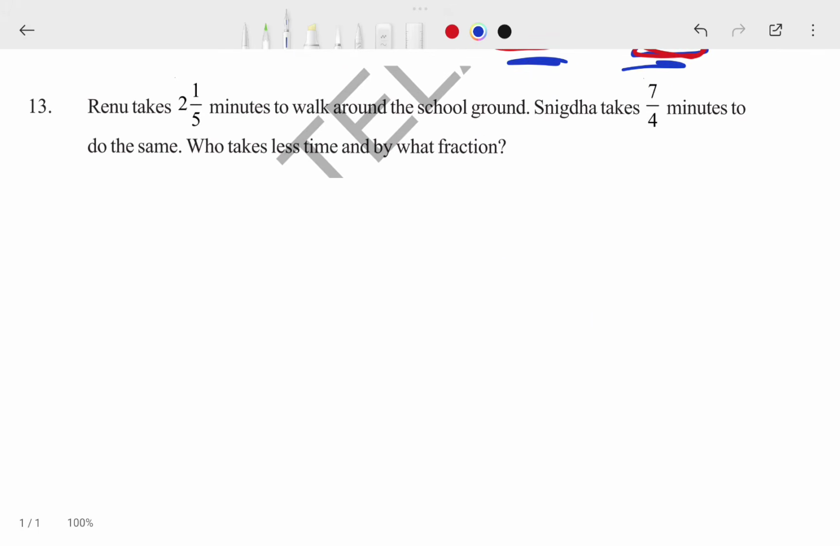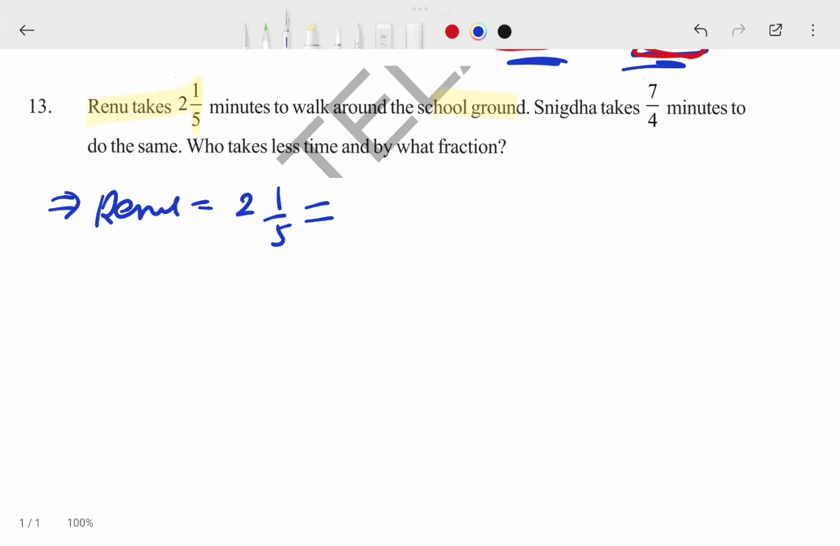The 13th question is simple. Renu takes 2 and 1 by 5, a mixed fraction, minutes to walk around the school. So first, Renu is there. How many times does he take? Let's convert this